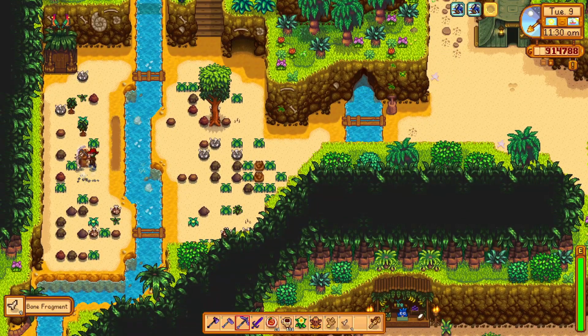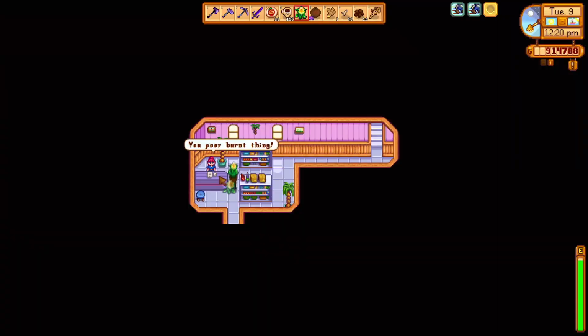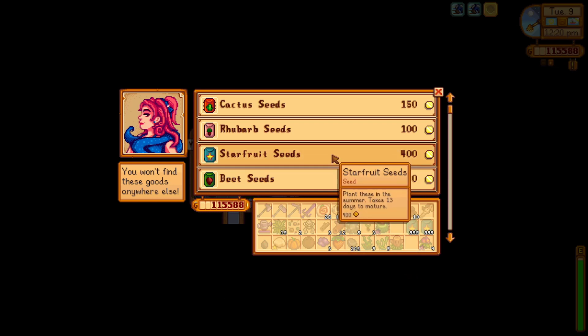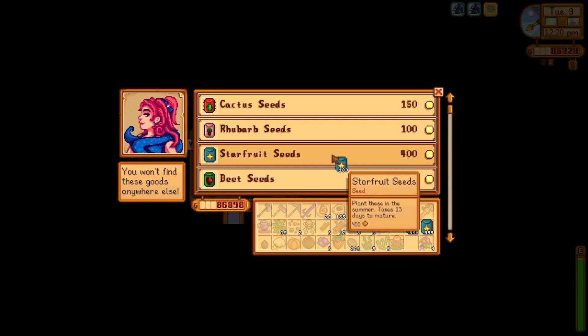We collect resources from the dig site, then warp to the desert and give Sandy a gift before buying starfruit seeds. We have over 900,000 G, and we will be spending near all of it on starfruit seeds, since we now have many different places growing starfruit. We have the island farm, our main farm only in the summer, and then our greenhouse, and also our garden pot sheds. We buy over 2 stacks of starfruit seeds in hopes this should cover a few of the harvests